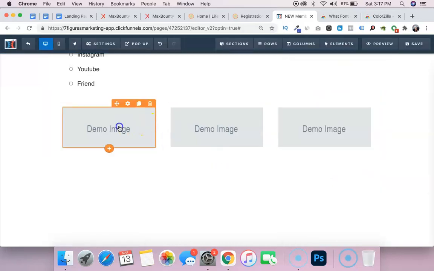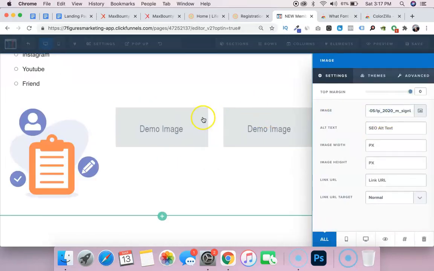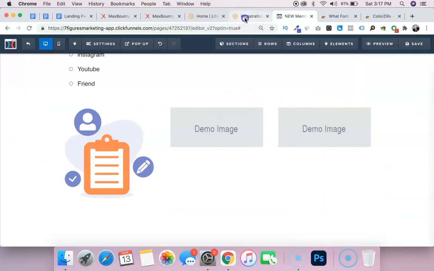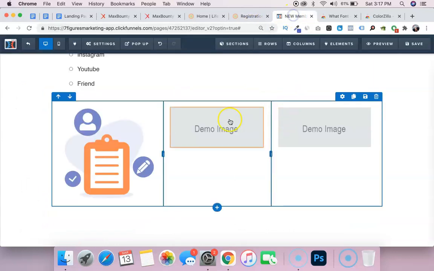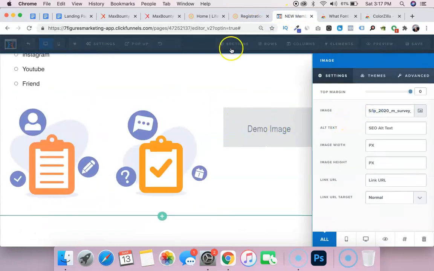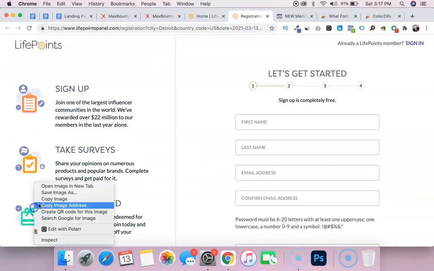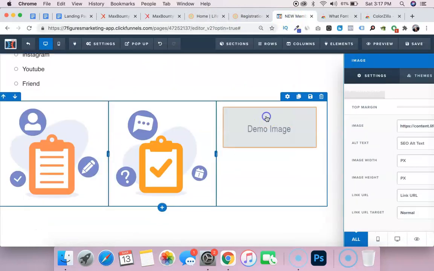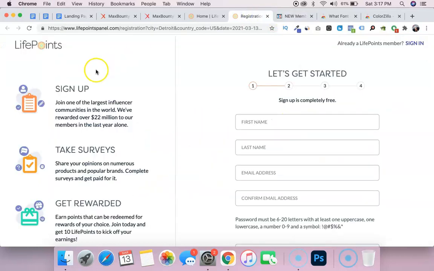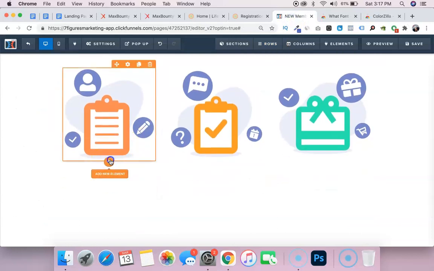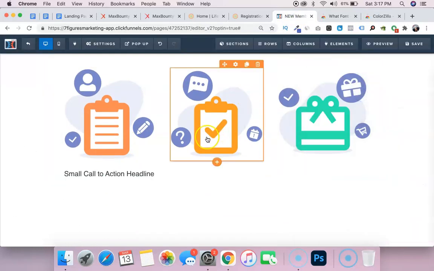New element, boom. Paste that in there. Do that for the other ones. Take surveys, copy image address. Boom. Then last one, copy image address. Paste that in there. Now what we need to do is add a sub headline where we can copy the sign up, the take surveys, get rewarded, and then we're gonna add the paragraph to add these in there, and we're done. So next thing to do, add a sub headline,